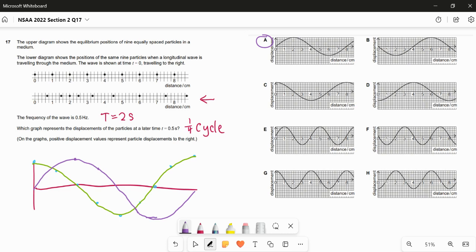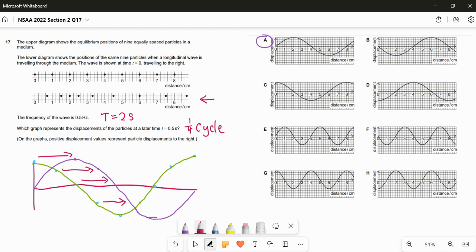So again, just to clarify, I drew the positions of the particles at time t0, and then the wave has moved by a distance, well, a quarter of a cycle, so a quarter of a wavelength. So each part of the wave would have moved here, here, here, and here. Again, these are particles just moving longitudinally, so the particles themselves are just oscillating back and